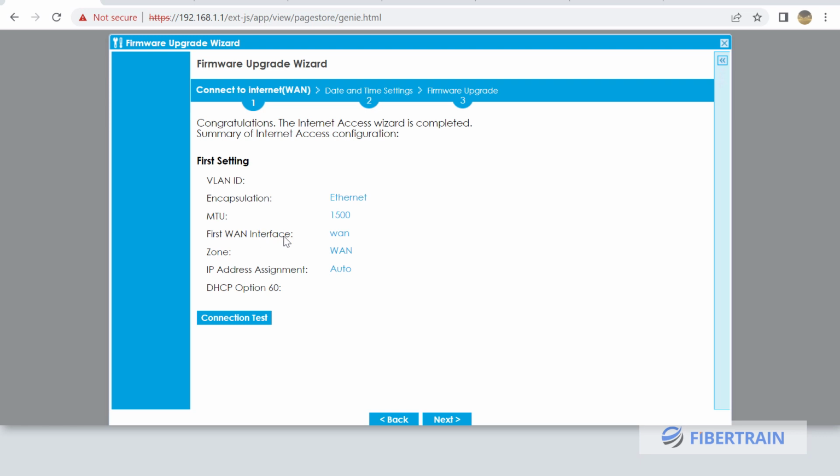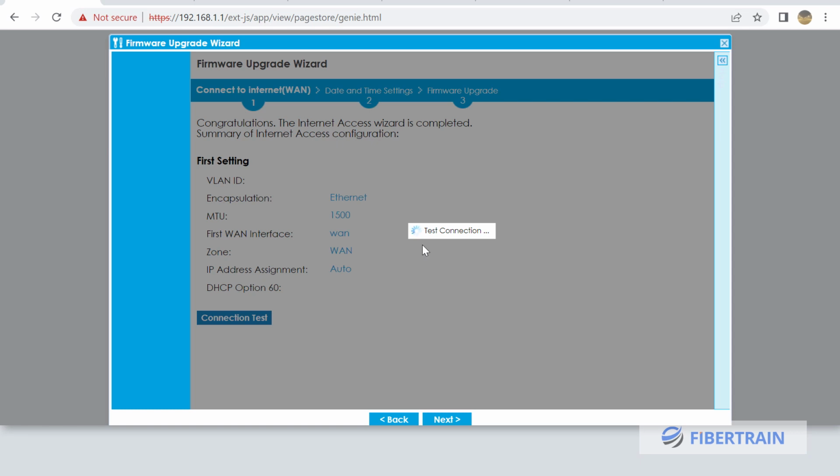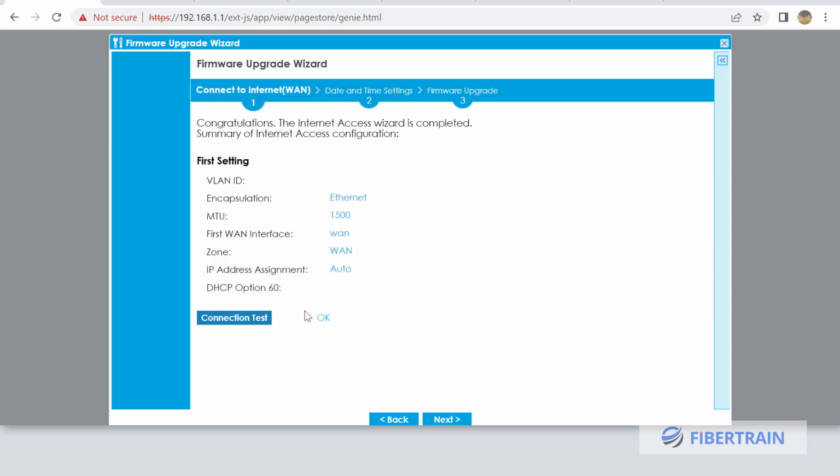So yeah, congratulations, the internet access wizard is completed, and this is the summary. So the IP address configuration is gotten automatically. We can go ahead and click on connection test to see if the firewall can get to the internet. All right, so you could see the connection test is okay. So it means one side of the firewall setup is done, and we could go ahead and click on